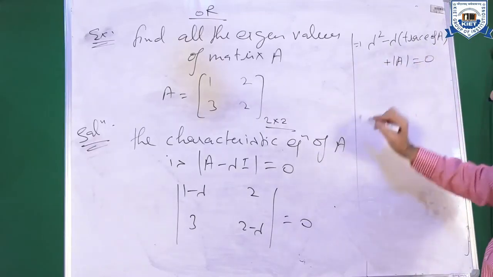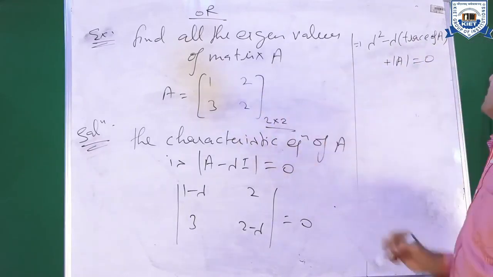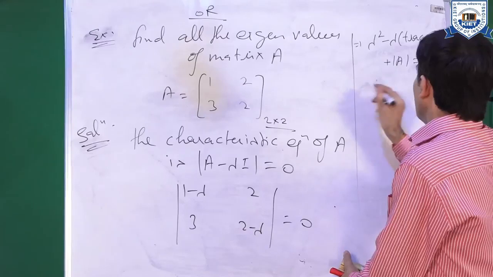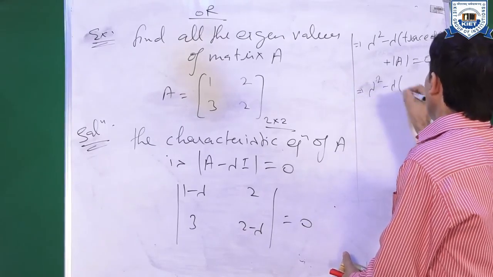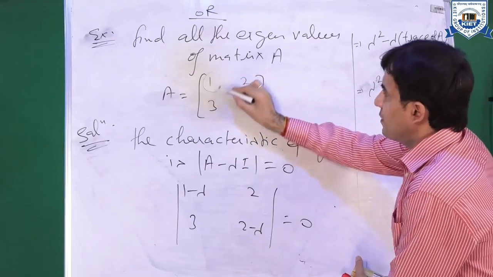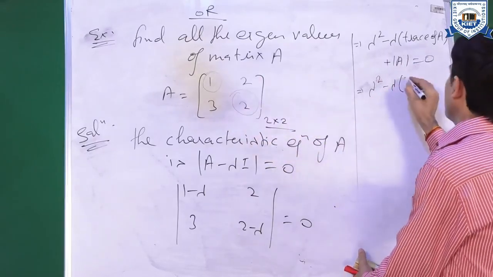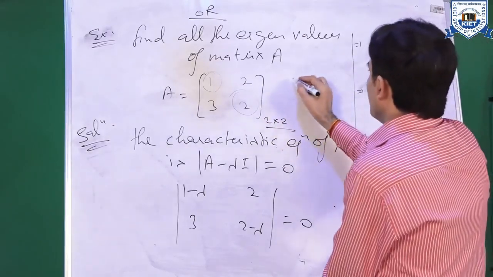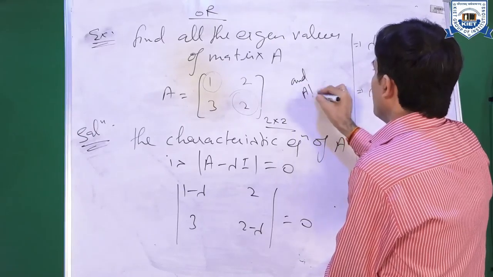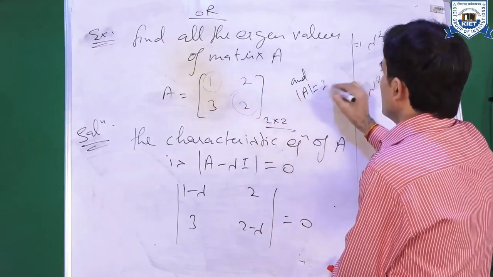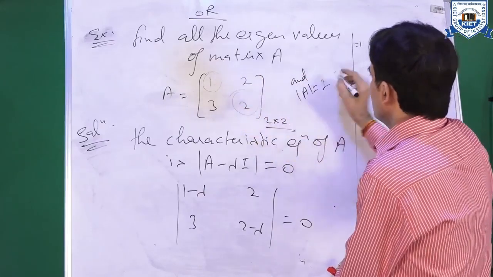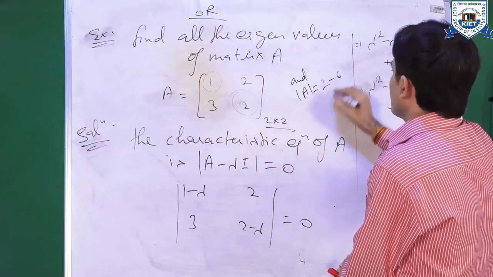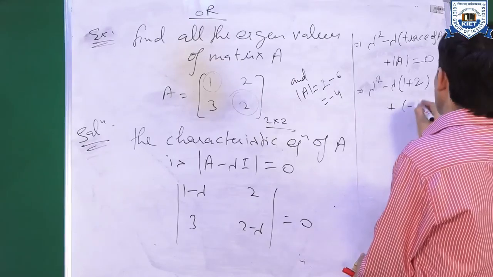By using this equation, we can write the characteristic equation of matrix A directly, and this equation will be lambda square minus lambda into the trace of this matrix, 1 plus 2, the sum of diagonal entries, plus determinant of A. Determinant of A is equal to 1 into 2 minus 2 into 3,